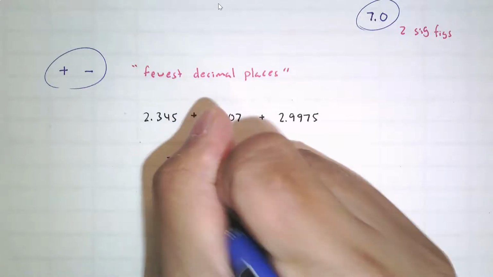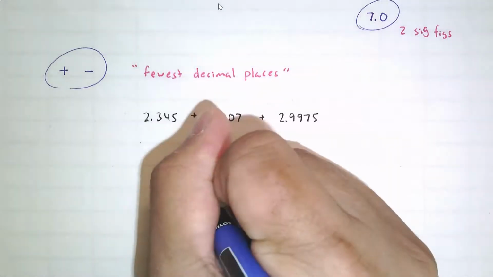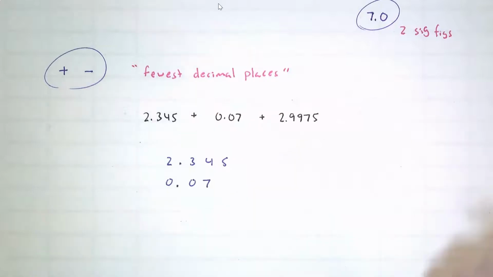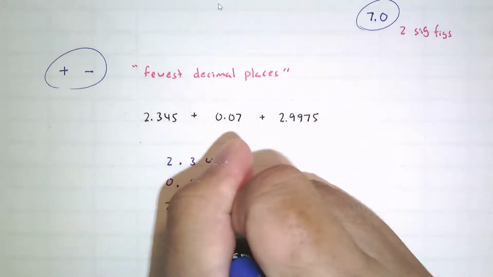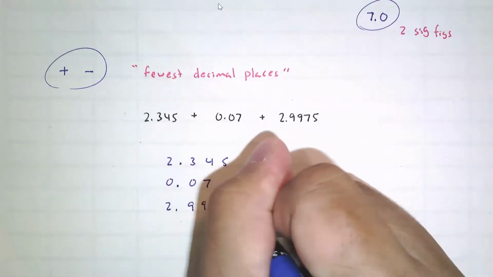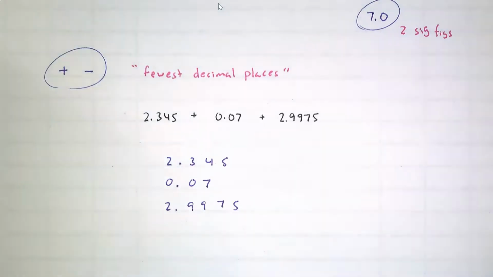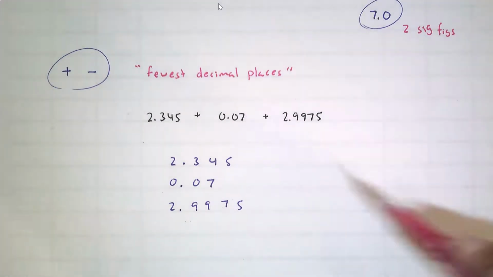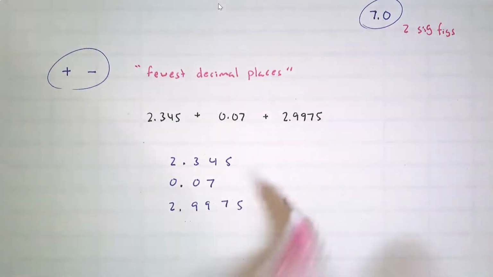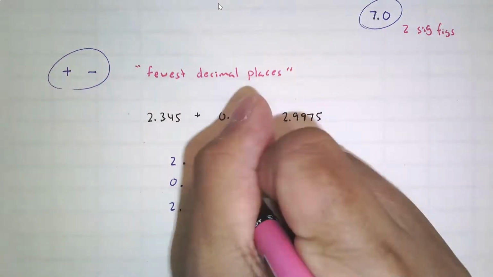Another decimal, where's that? 0.07. And here we have 2.9975. The pink underline represents to me the last significant figure. There,